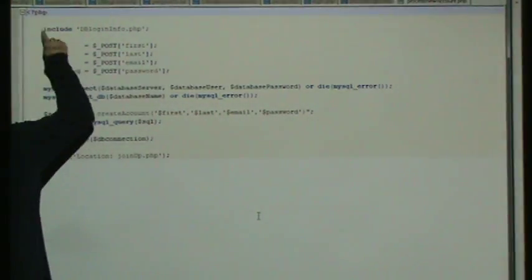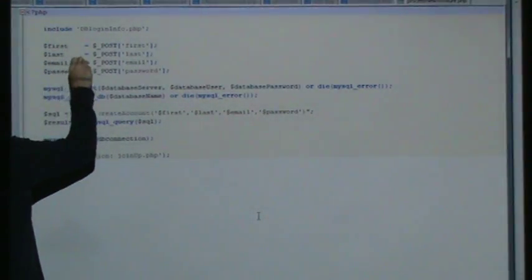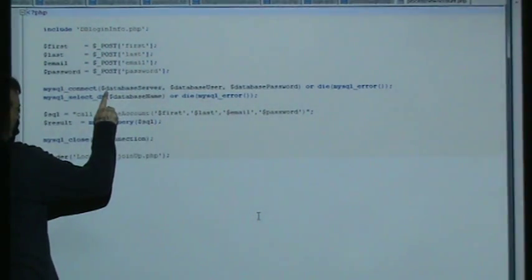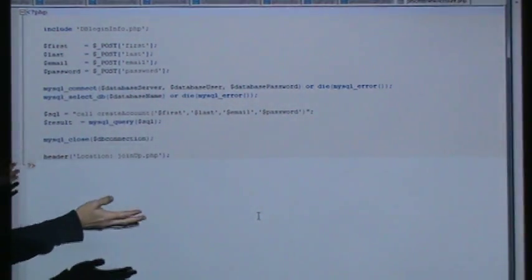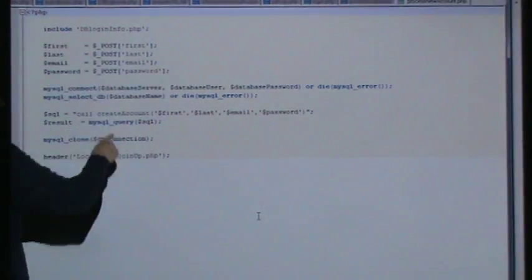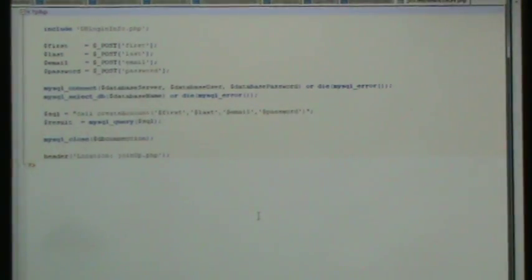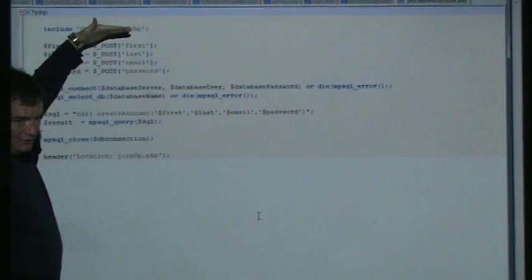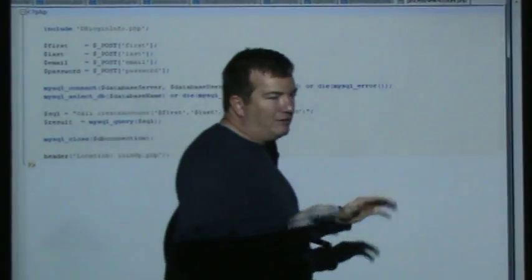So you might think that somewhere up top we'd have a variable called $database IP address equals blah blah blah. So we actually have the variable names, database server, database user, database password, but we don't see that they're set to anything. Instead of writing it out in every part of our website where you need that information, it's a good idea to put it all in one location and then have every web page that's ever going to log into the database for any reason in your website